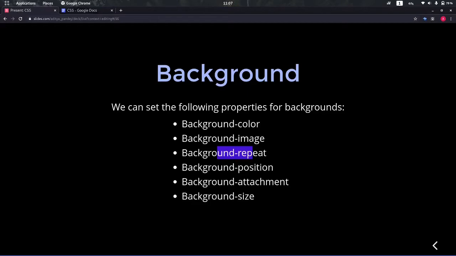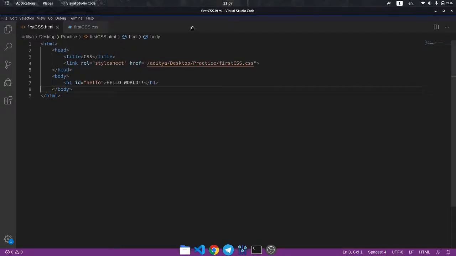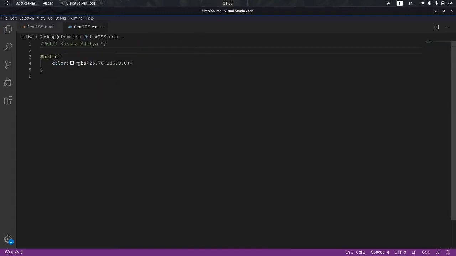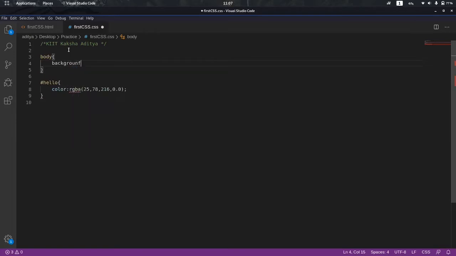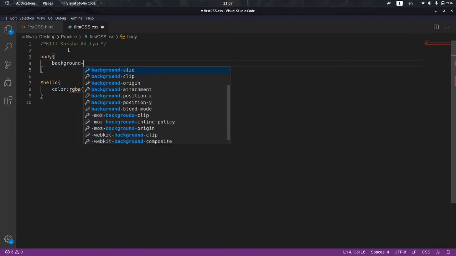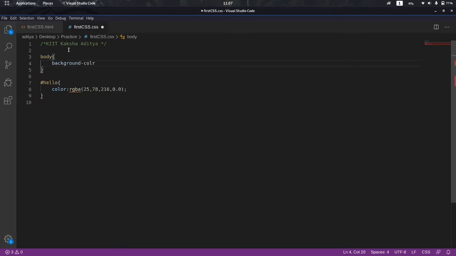So let's go to the HTML document we created. What we will do over here is open the external style sheet and apply the background to the body tag. Okay, so let's use the first property, that is background color, and set any color you like.